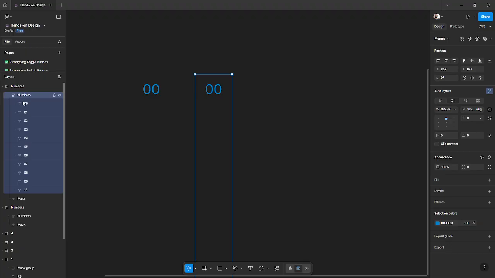We can come here and then select this layer, number. You can see the icon is different. This icon means we have a group. This icon means we have auto layout. So select this, press and hold shift, hit up arrow a couple of times until you can see the number